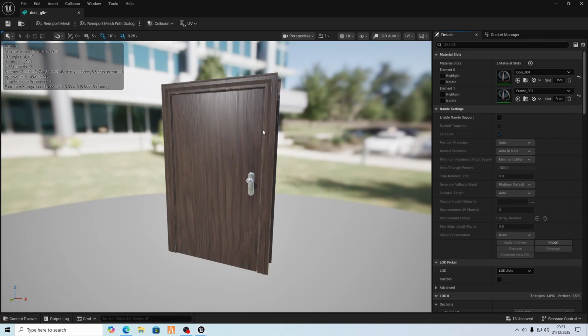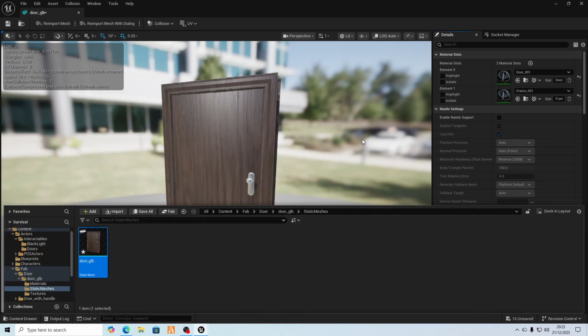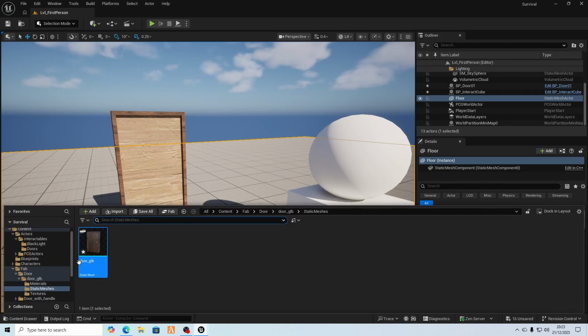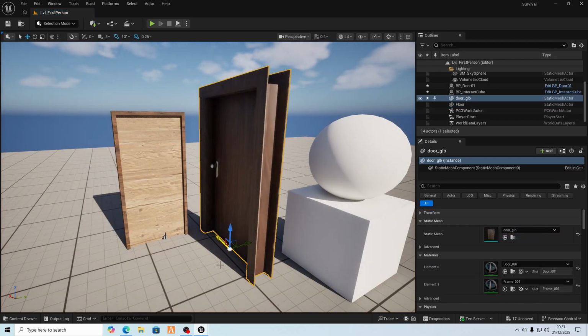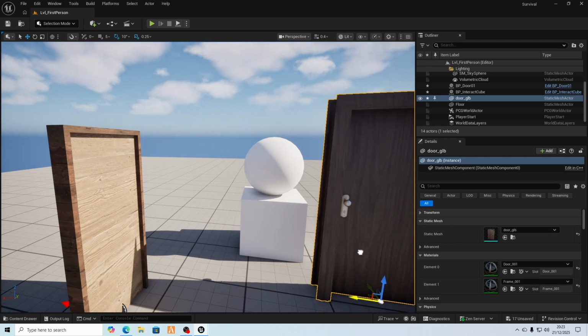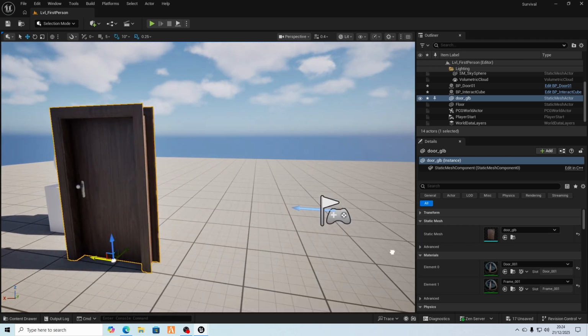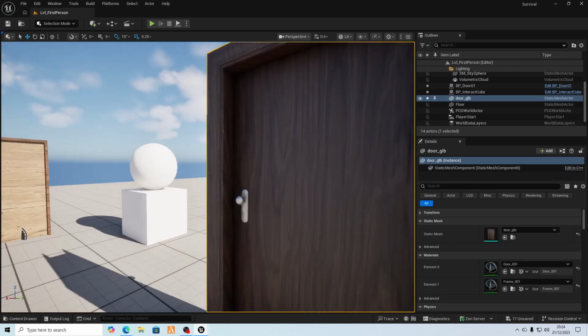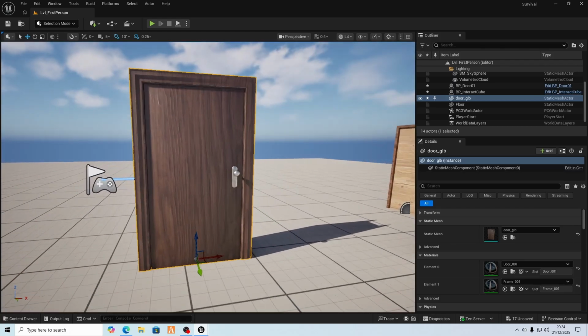So we have a door, but it's one big door, so it's a little bit of an issue. It's not separated, it's just one mesh. So when we come back here, let's just drag the mesh in. There we have the door. Let's move it over here a little bit. If you hold shift, you can drag it across the screen with the camera. Yeah, we have a door, but